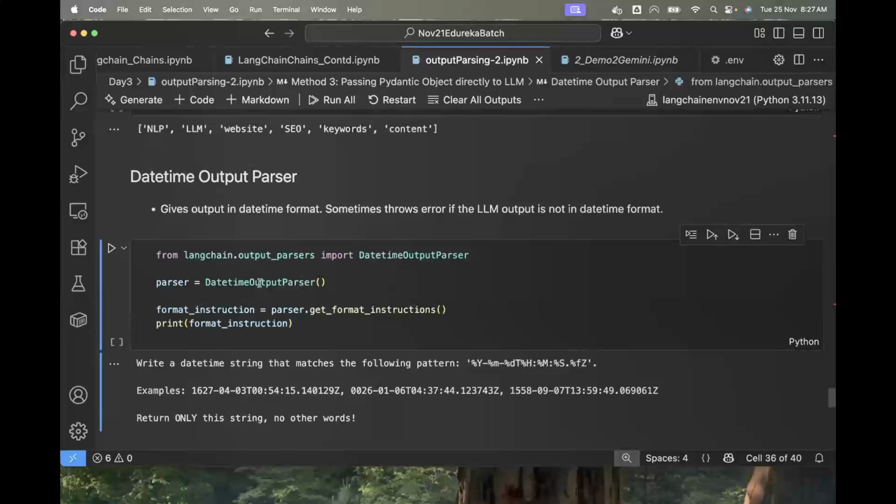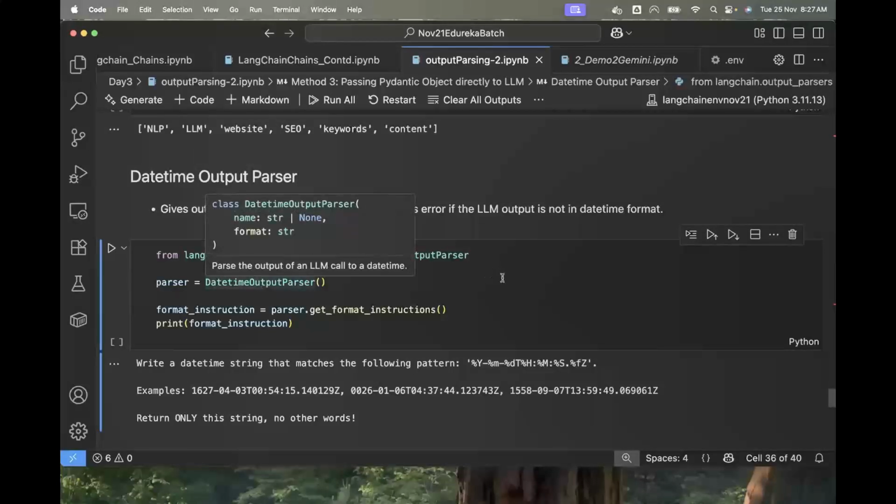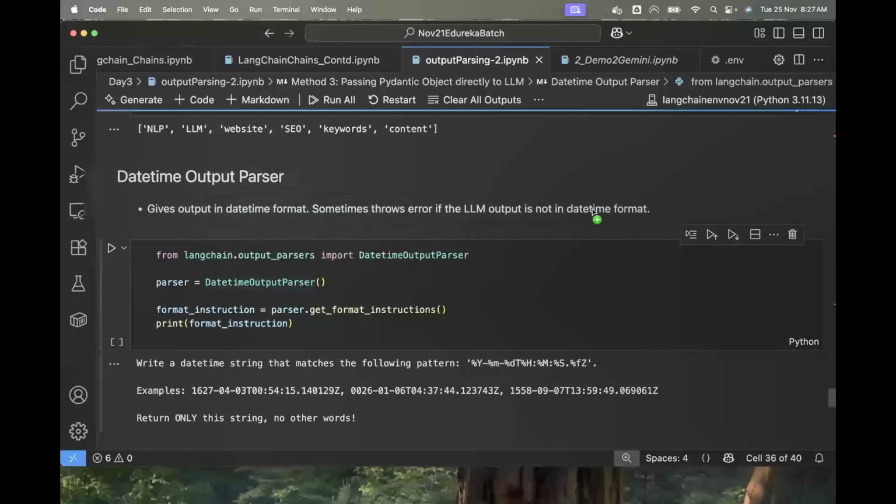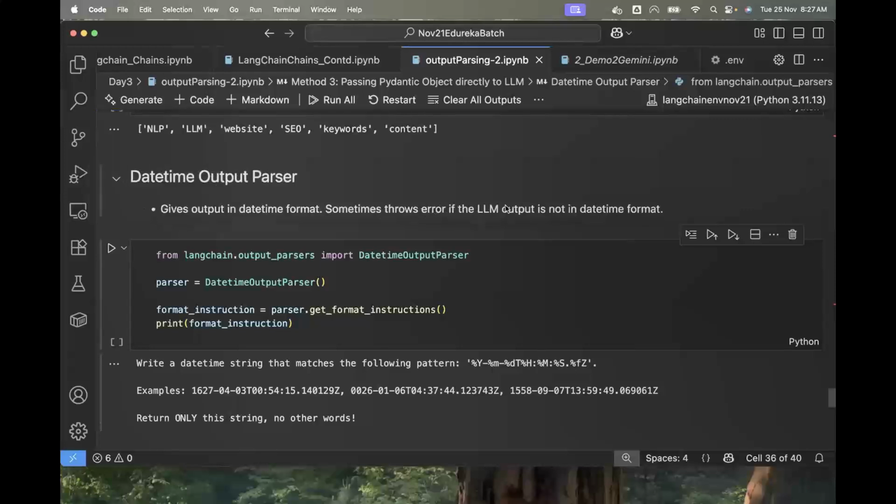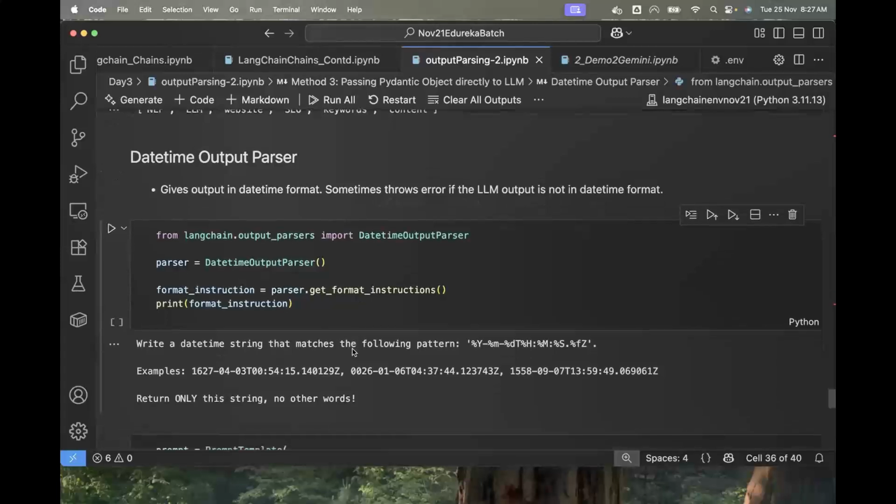Datetime output parser, as the name suggests, is to extract date and time from the LLM output. Sometimes it throws an error if the LLM output is not in datetime format. Yes, so this is something which is very sensitive. For example, here,